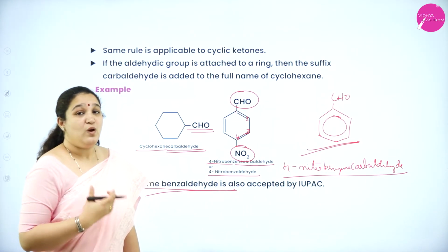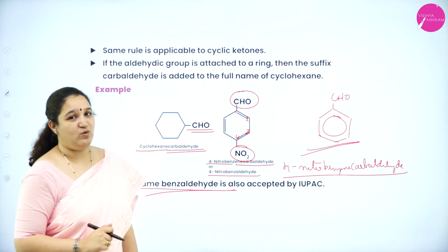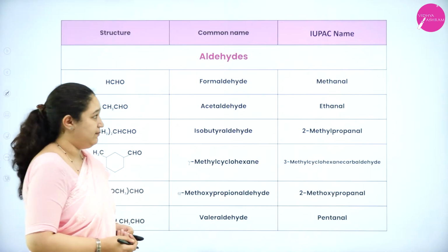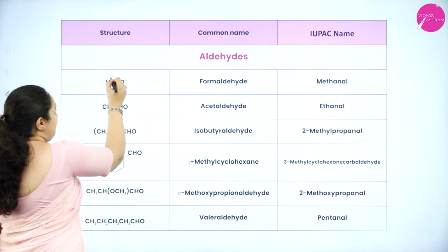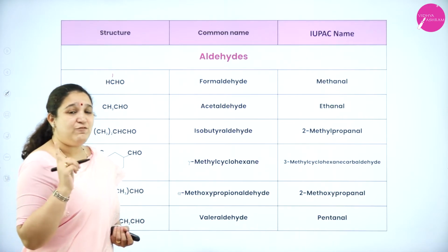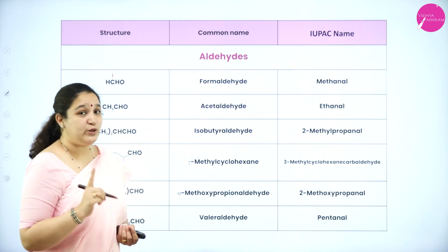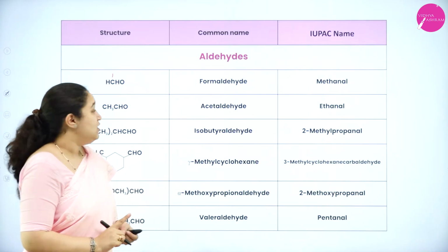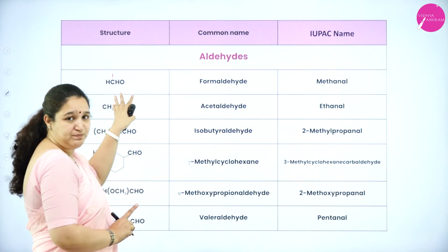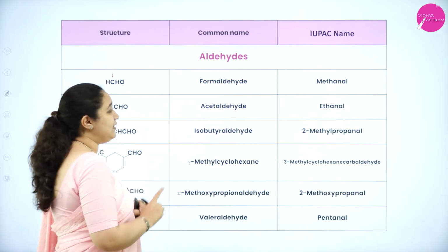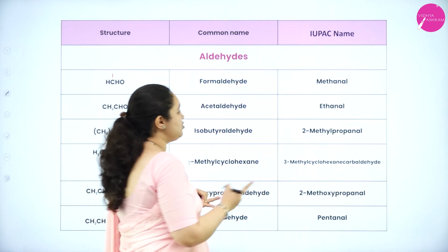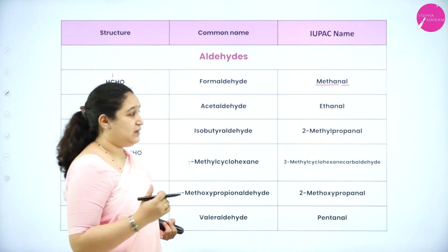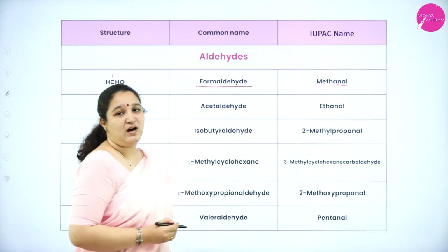Okay. So we will see the IUPAC names of different compounds here. You can see 3 columns in which first the structure, common name and the IUPAC name are there. So the first one, here only one carbon atom. Remember, as the functional group itself has the carbon atom, you're going to number that, and that has to get the lowest possible number in the longest carbon chain. So here we have only one carbon atom of the aldehyde group itself. So the root word is meth. No carbon-carbon single bond. So it is methanal because it's an aldehyde group. So the IUPAC name is methanal. The common name is formaldehyde.